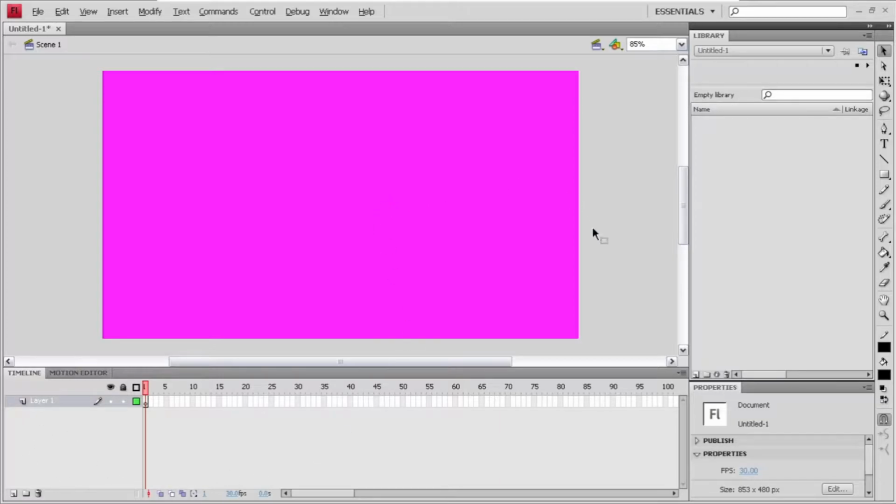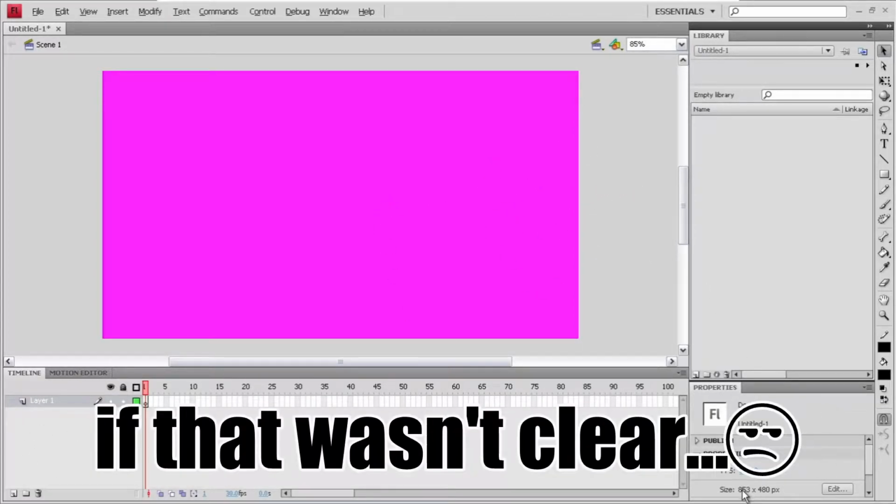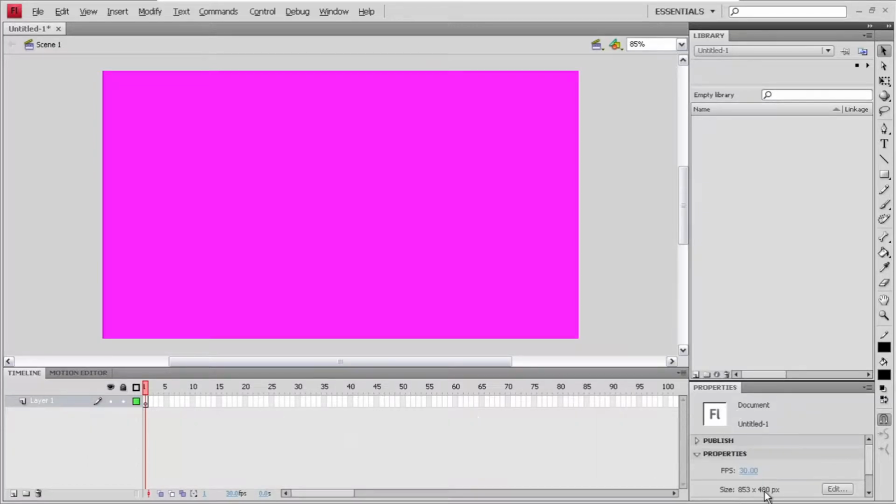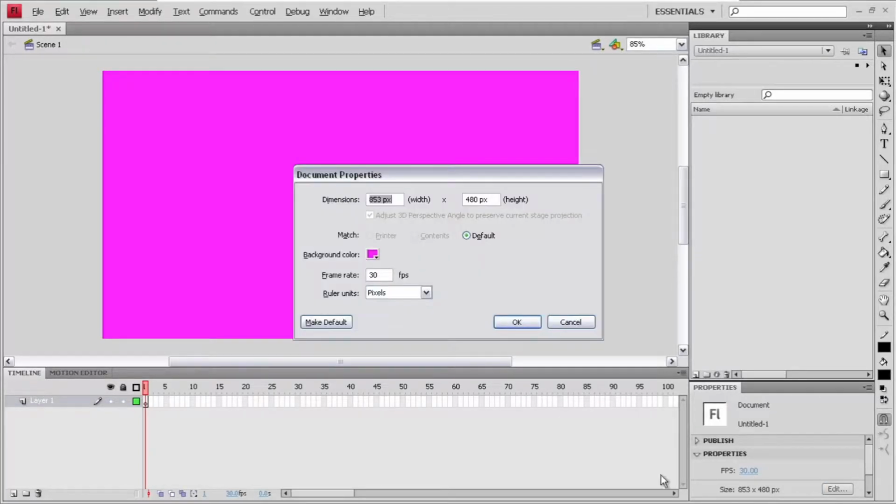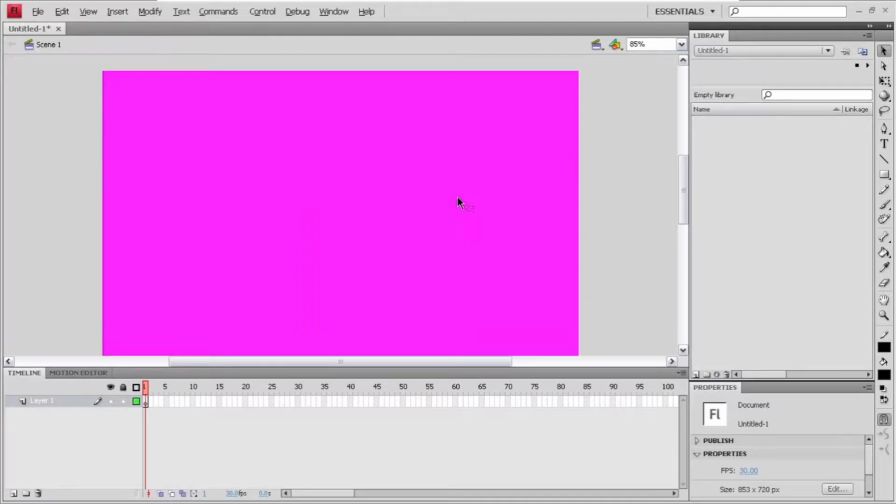Now, this is just going to be a tutorial of how I work with Flash. Also, the size resolution, I work at 853 by 480 pixel resolution. That's because if I upscale it, let me show you. If I type 720 here, enter,